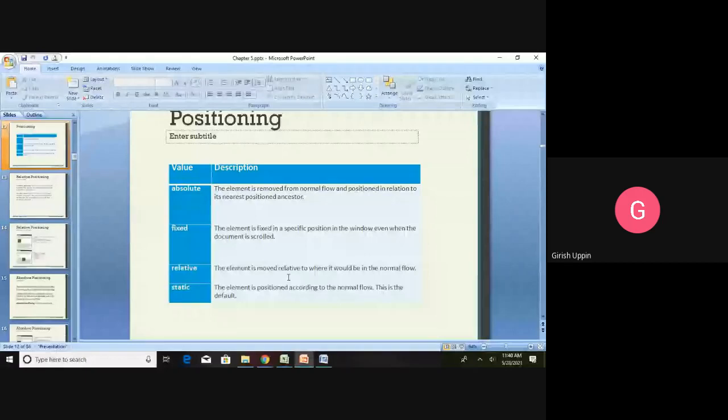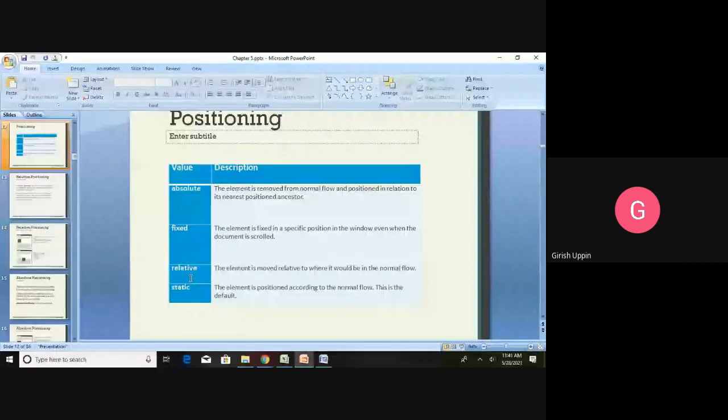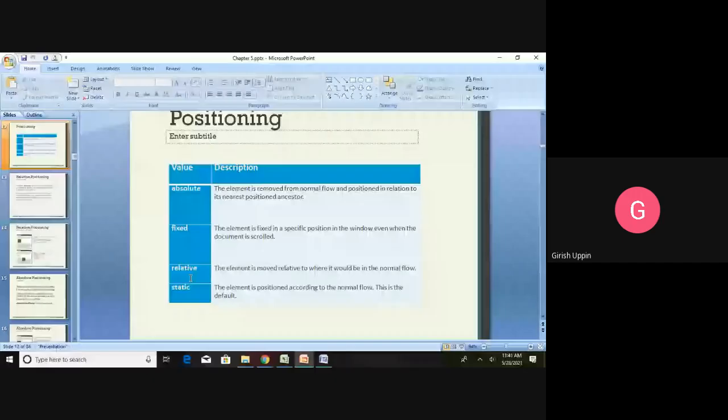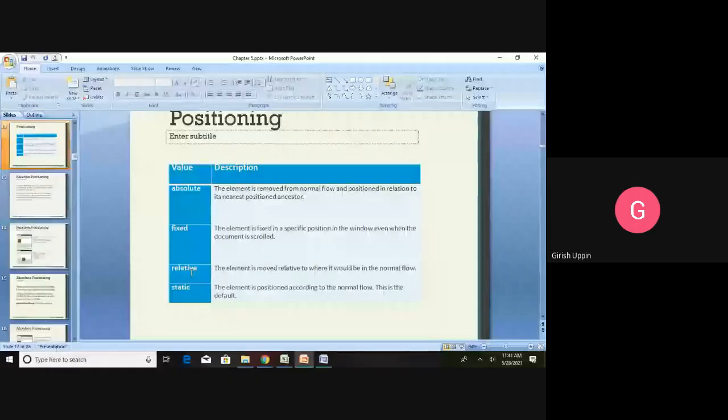Let us say in normal flow a particular element is positioned in a certain place; with respect to that position the element will be positioned if we use relative, and it will use the top and the left pixels, whatever is specified, and according to that it will get positioned.